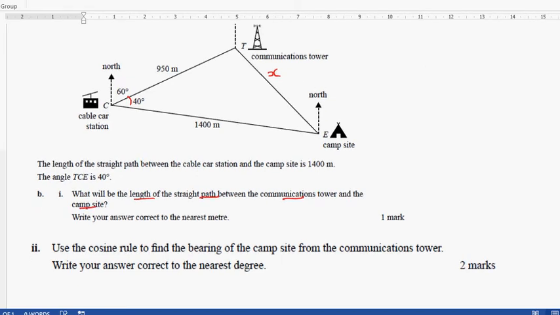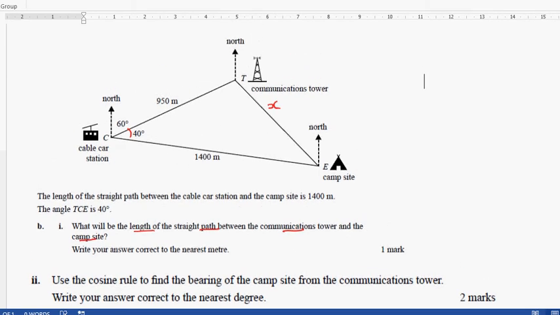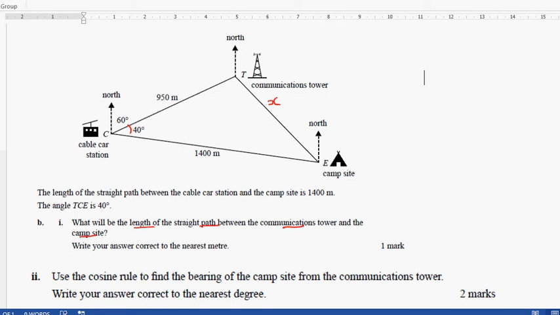So, well, you have two sides of a triangle and the included angle. So we can use the cosine rule. So let me write the cosine rule. So x squared is equal to 950 squared plus 1400 squared minus 2 times 950 times 1400